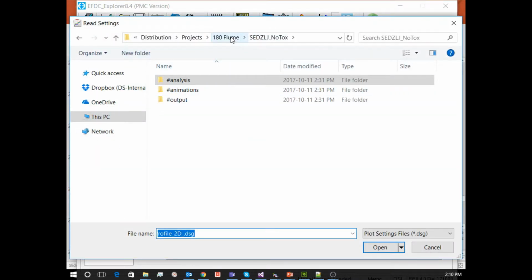It should be, yeah. So that's these 2 files. This one, we'll be playing with tomorrow. This is the configuration for the toxic test case. But this is the one we want to play with. It's DSG, Dynamic Solutions Graphics File. That's what this DSG file contains: all the configuration settings to get these plots looking the way